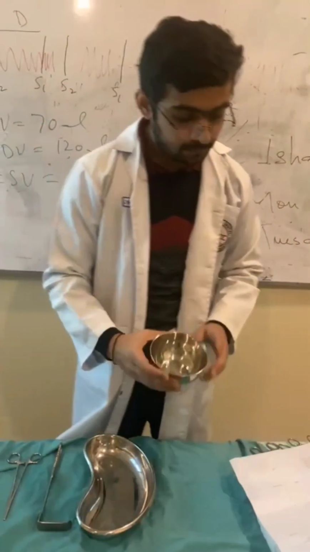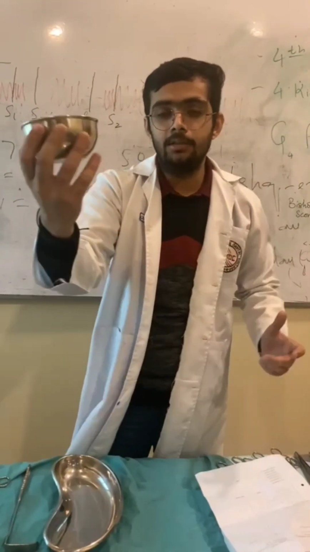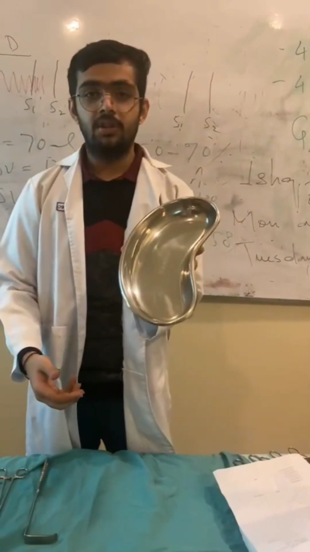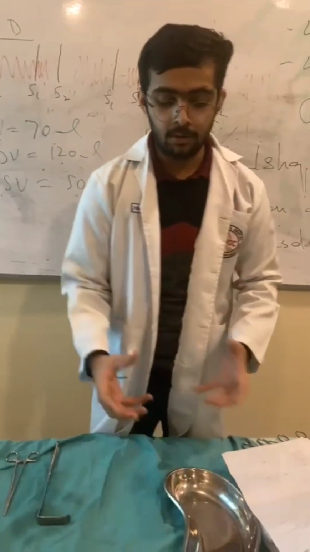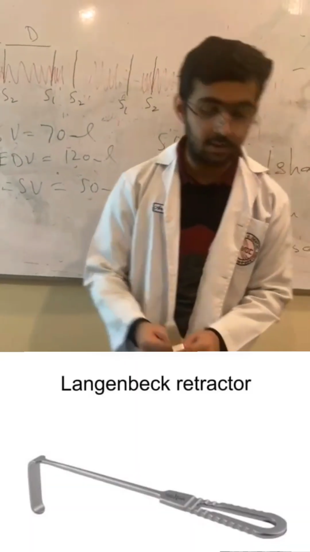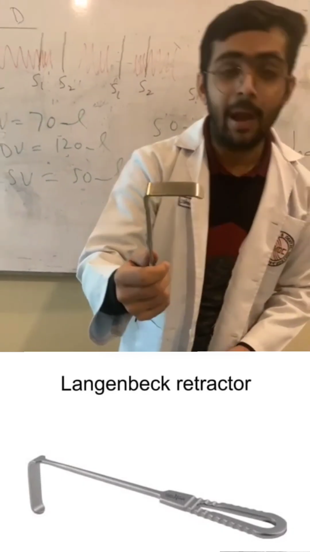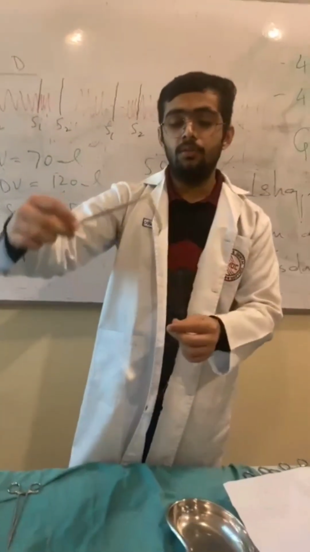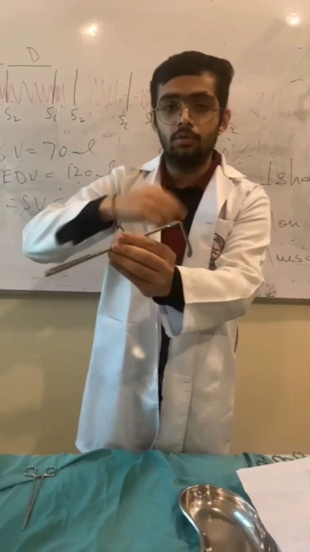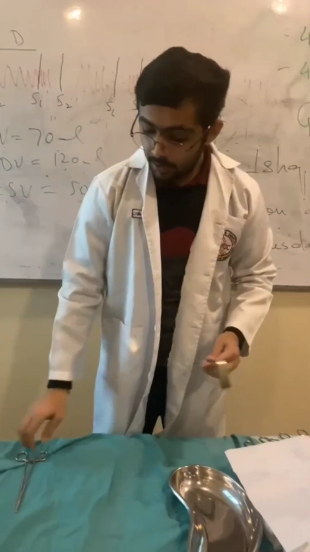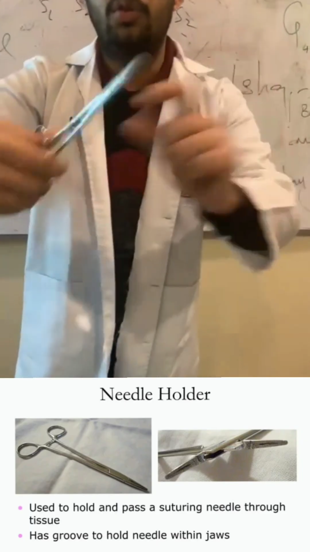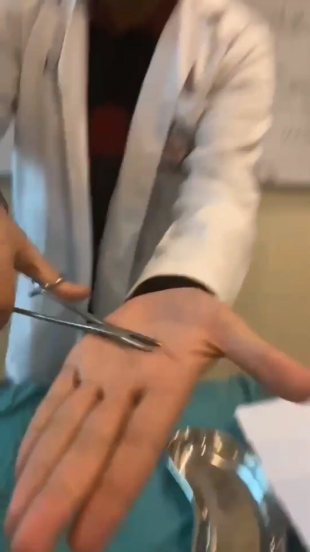Then we have the Gallipot, in which we can put iodine or any saline solution. Then we have the kidney dish, which we use for wastage during the gauze use, we put it into it for wastage purposes, right? Then we have the retractor. This is known as the lagging back retractor. During surgery we use it to retract so that nothing comes in between and we go smoothly into the surgery. Then we have the needle holder. This is a needle holder, which we also use during stitching in surgery. This is a needle holder and you can look at it.